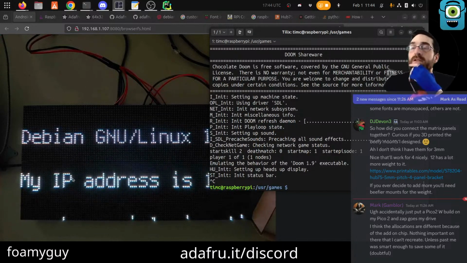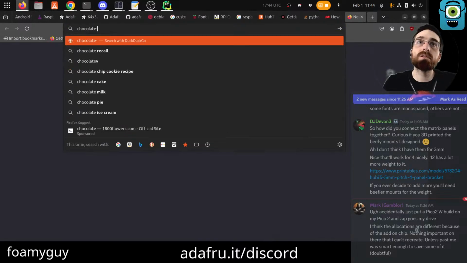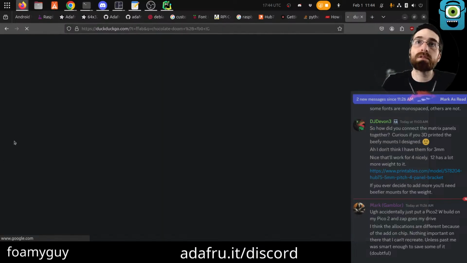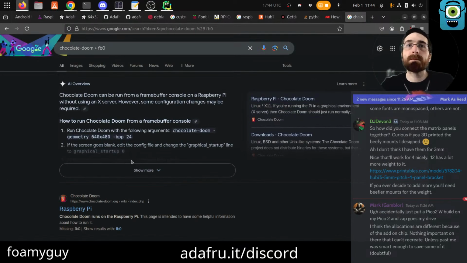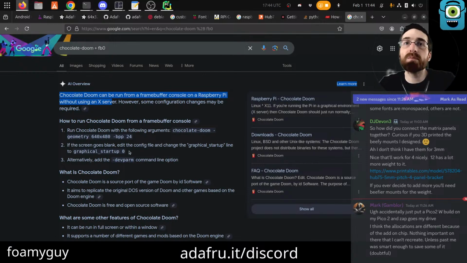Okay. Can we find anything about Chocolate Doom frame buffer? Okay. Yes, yes, yes. That's what we want. How to run, do this. Chocolate Doom dash geometry, BPP. Okay. If the screen goes blank, edit the config file and change the graphical startup.